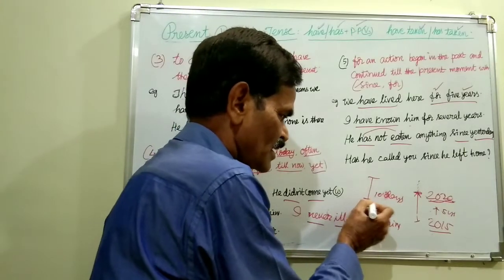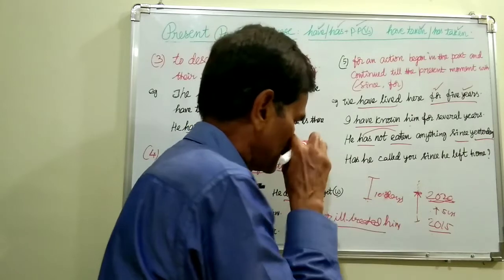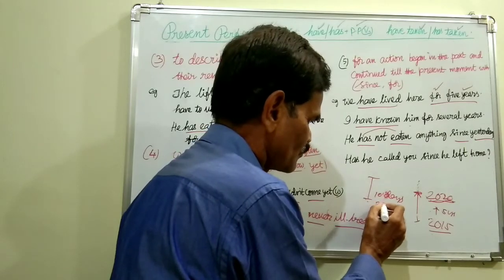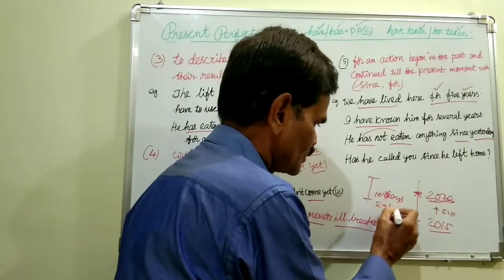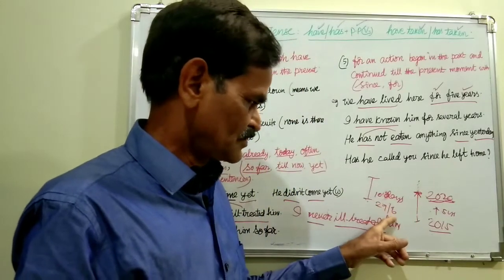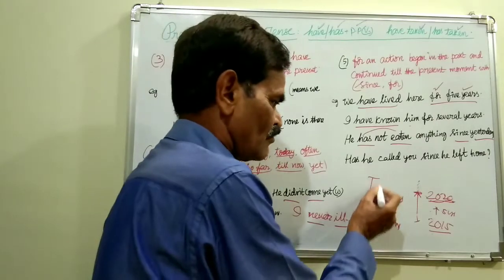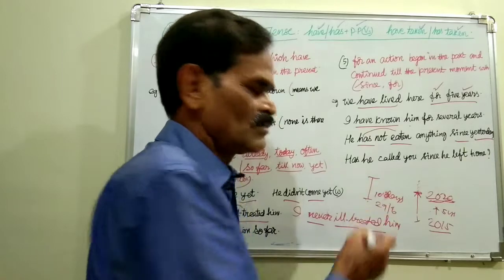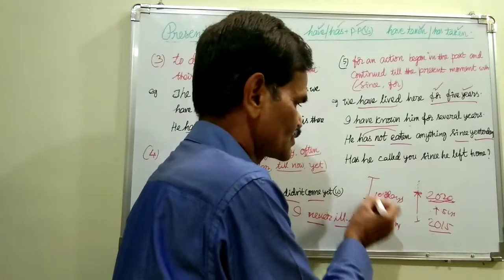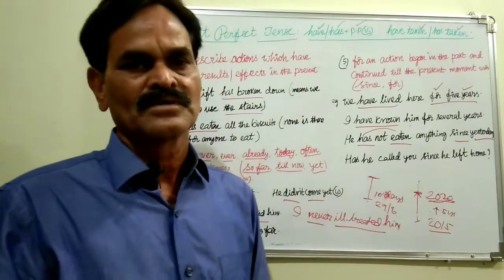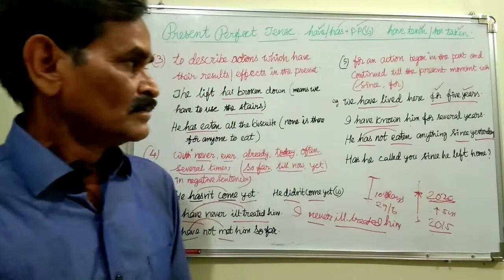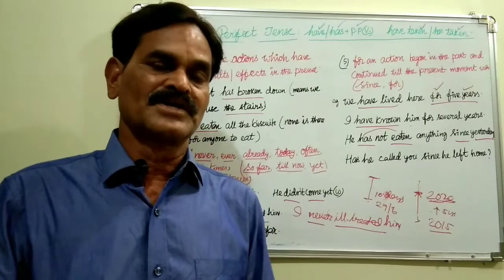Then it began actually now. Today's date is 7th. So suppose he left on 29th June. He left on 29th June, and for all these 10 days that action continued. So has he written any letter or has he called you all these days? So it began in the past and continued for some time, then you have to use present perfect tense only. Still it is there, present perfect tense.